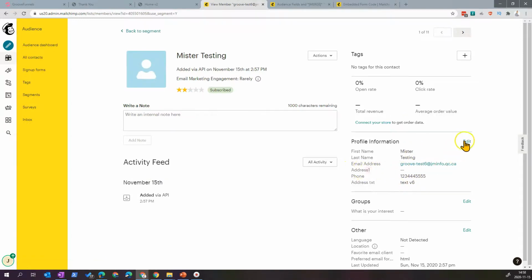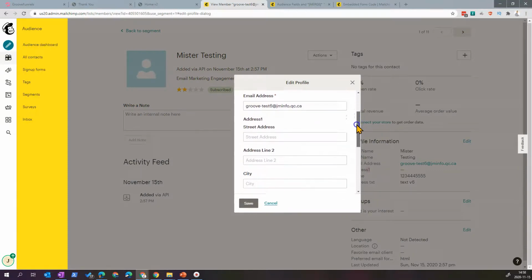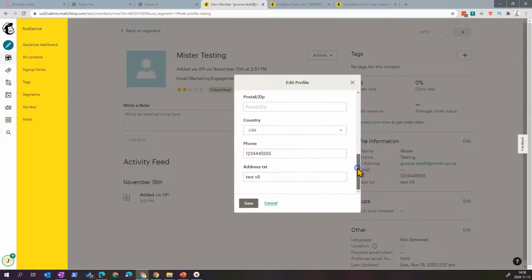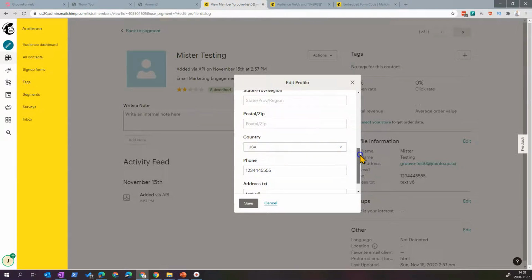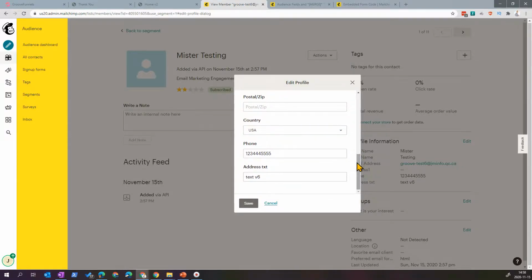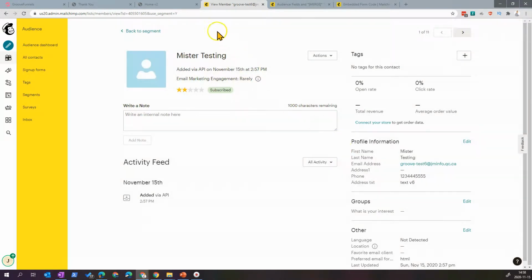The address field is empty. If I come here, you see that everything here is empty. USA is probably there because it's the default, and the phone number, that kind of stuff. So this is not really working for you if you want to use an address type.